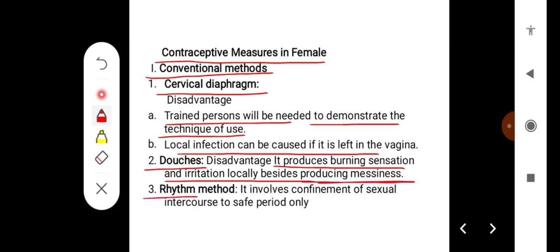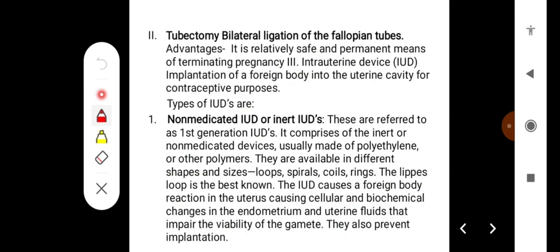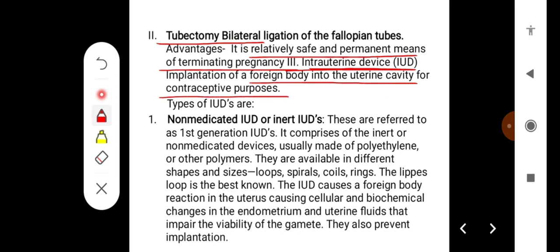Then there are rhythm methods, which involve confinement of sexual intercourse to a safe period only. Then some of the permanent methods like tubectomy, that is bilateral ligation of the fallopian tubes. The advantage of this is that it is a relatively safe and permanent means of terminating pregnancy. And also the intrauterine devices, implantation of a foreign body into the uterine cavity for contraceptive purposes, are methods of